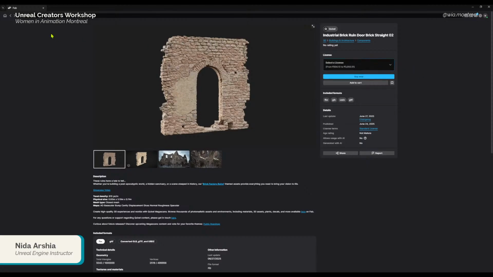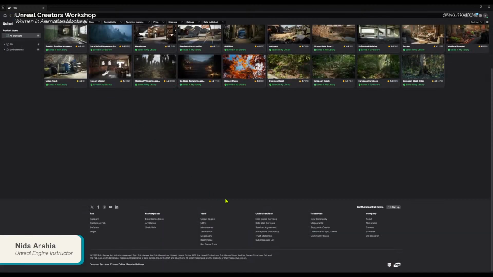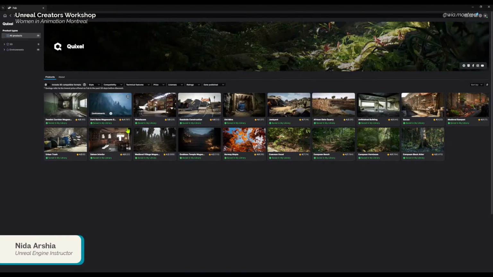Okay, this is strange because I have these assets in my library, so this should not be happening. Did I use a different login? I don't think so. It's the correct account. Let me cross check that.